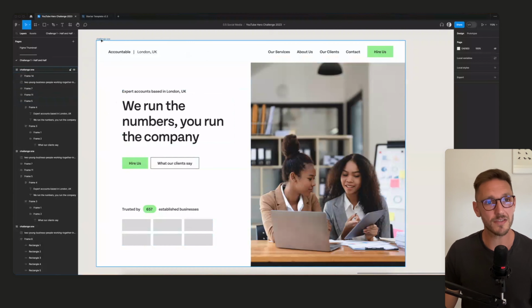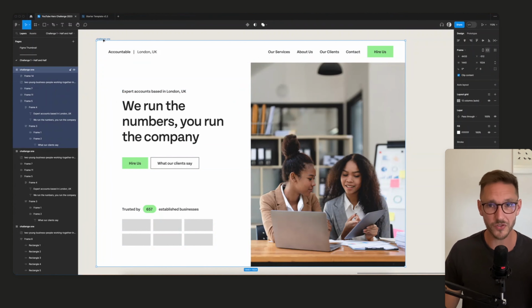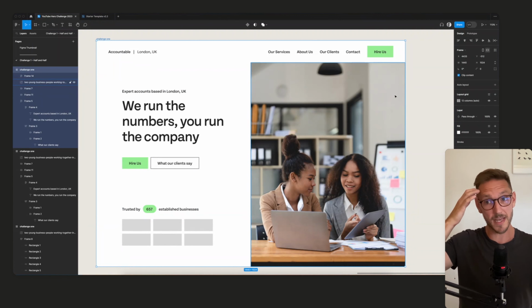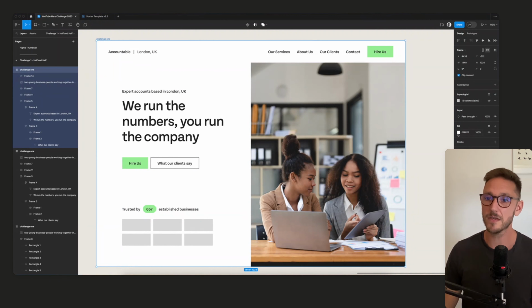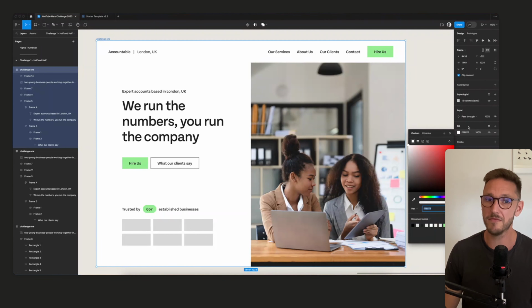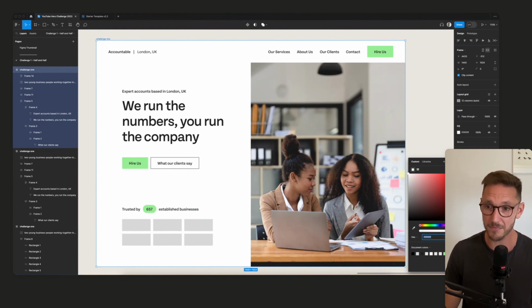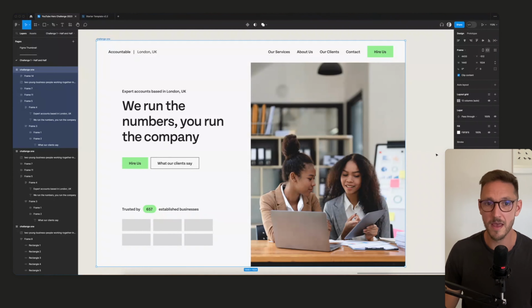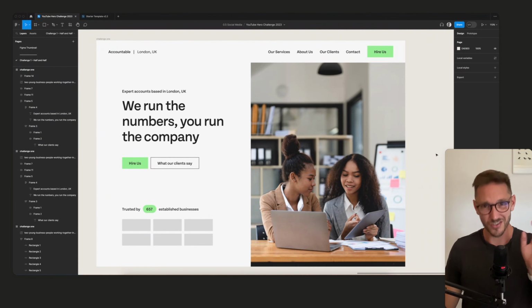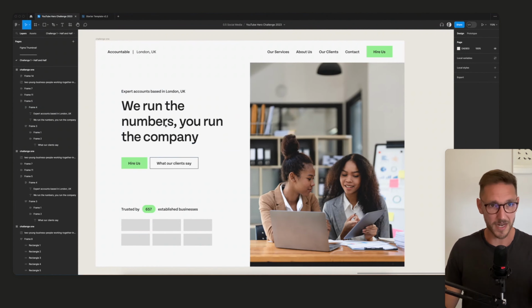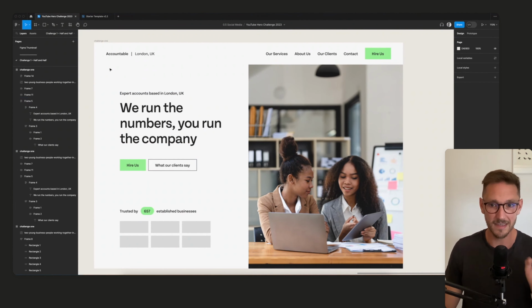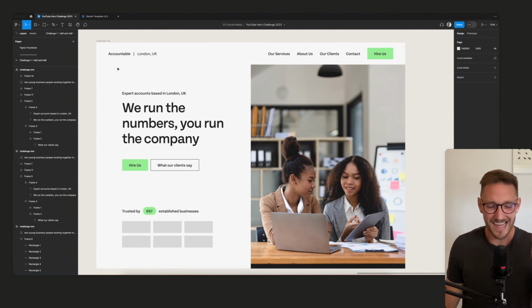Because another thing here is that this is all set on pure white, which I don't really like. It can be a bit intense, especially on a really big, bright display. So I'd quite like to dim that down a little bit. So I'm going to grab the fill, or actually what we'll do is we'll do it with selection colors. So anywhere where there is pure white, we're just going to drag this down a little bit. Most people won't notice, but that's just softened it a little bit. So we've got slightly softer black, slightly softer gray. Makes it feel a little bit less intense in your face.